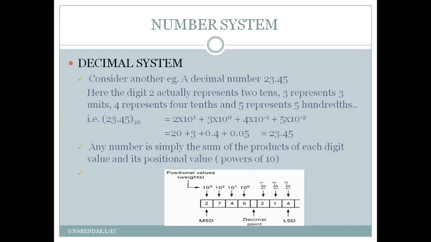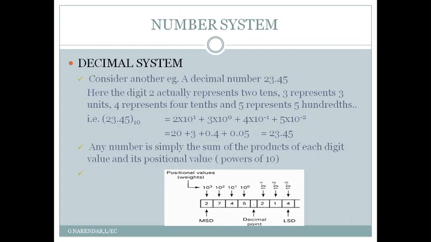we have a digit 4. So now this 4 represents 4 tenths, that is say 4 by 10, and the digit 5 represents 5 hundredths, that is it is equal to 5 by 100. So now if you want to find out the value of this decimal number, you can see that it is